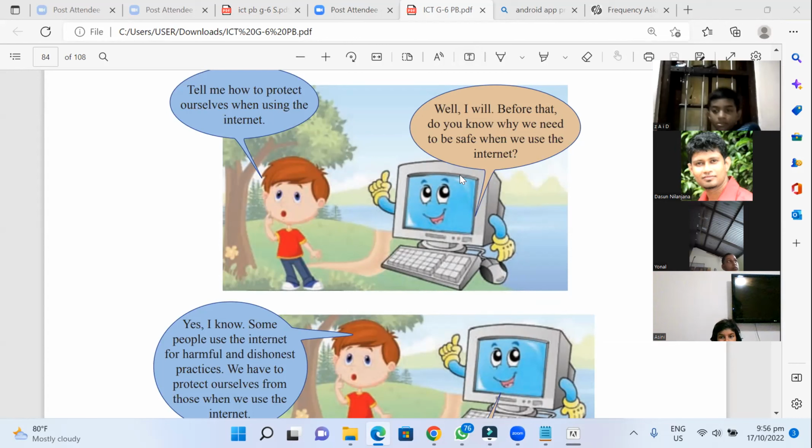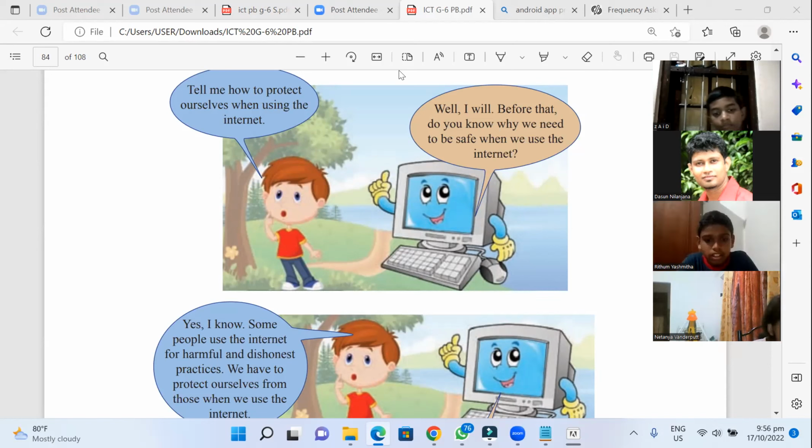Right. Can you drive the vehicle? Are you allowed to drive a vehicle? Are you given permission? Do you have permission to drive a vehicle on the road? No. Why is that?